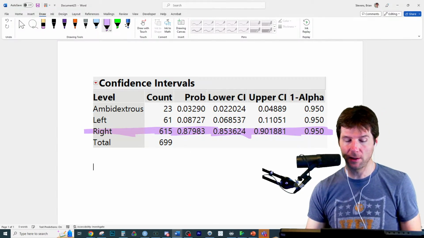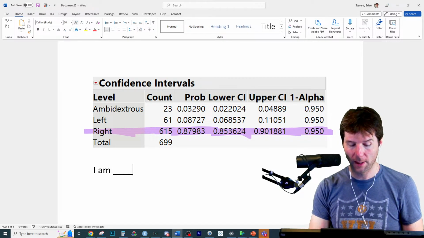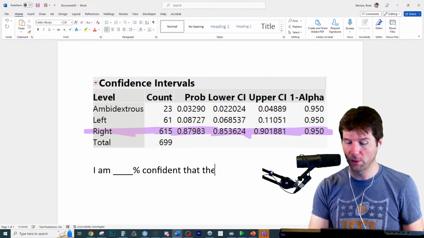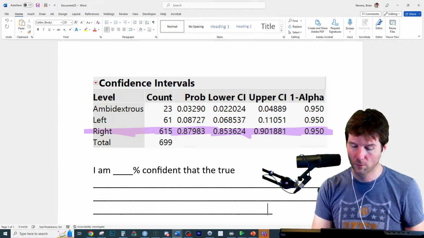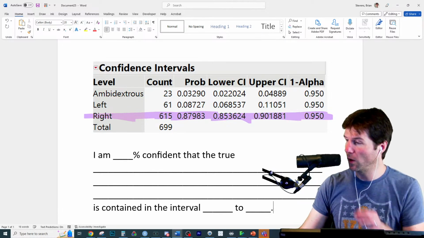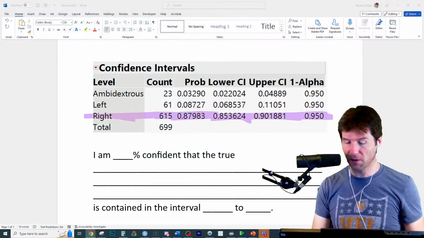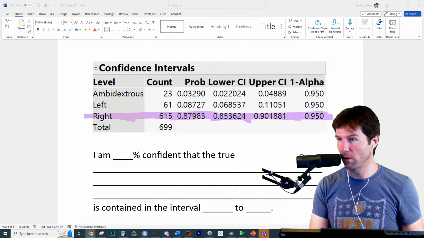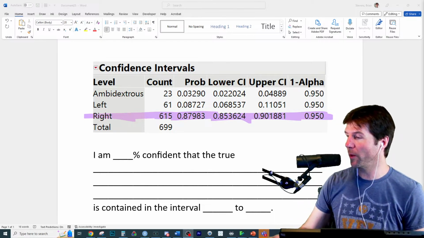So the confidence interval interpretation is, write down right here while people are thinking over. I am blank % confident that the true blank is contained in the interval blank to blank. So I'm going to label this part of the video interpreting confidence intervals because this is what we need to practice. A lot of people can't do this on the test, and this is worth a lot of points. So Stat Tool 1, interpreting confidence interval. Practice. Okay, so if you're at this part of the video, you should be able to write this down.